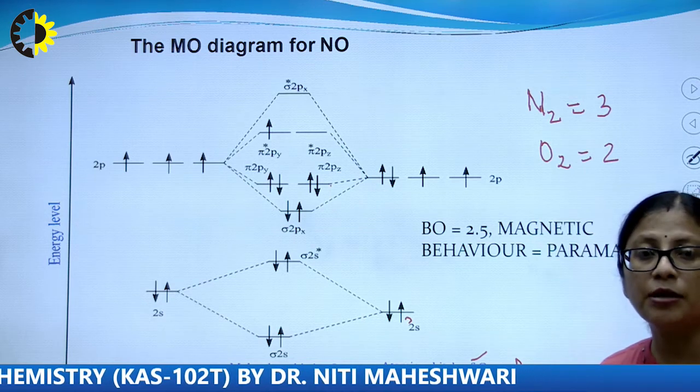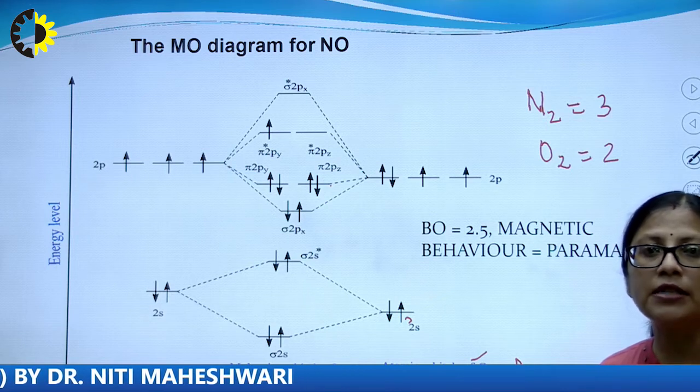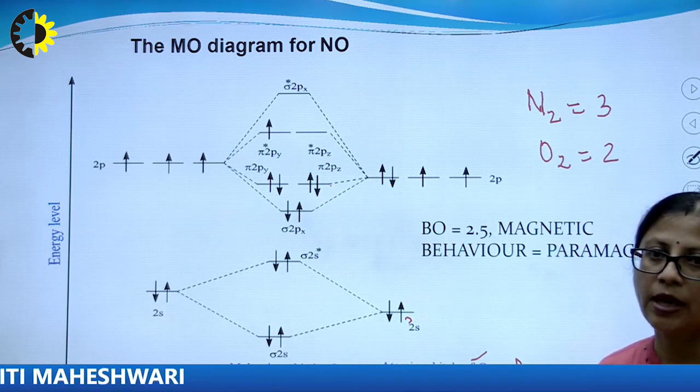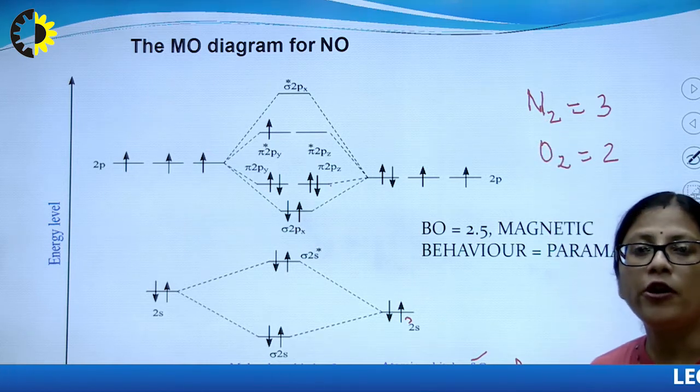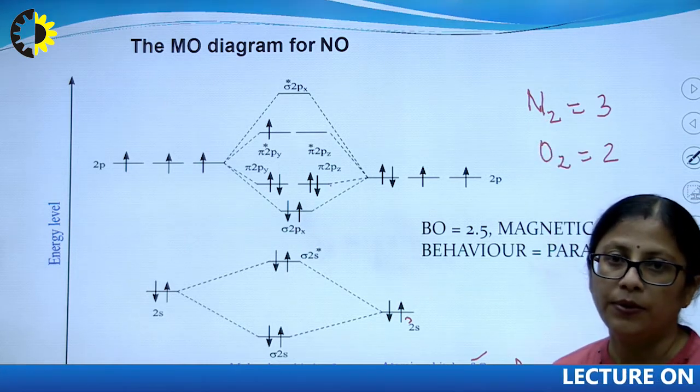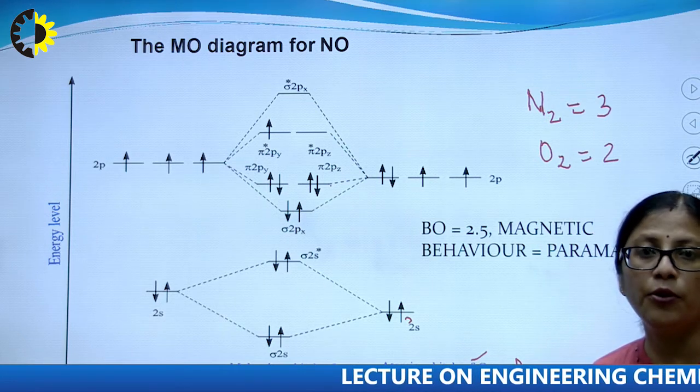Though it has greater bond order than oxygen, still the stability of NO is less than oxygen, because N2 is more stable as its bond order is greater than NO, and O2 is also stable in comparison to NO because